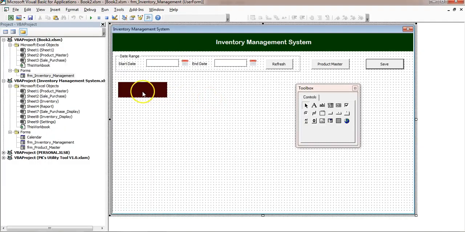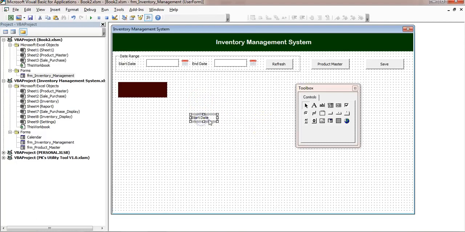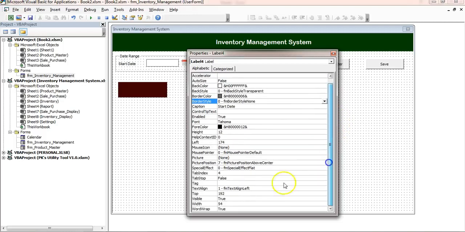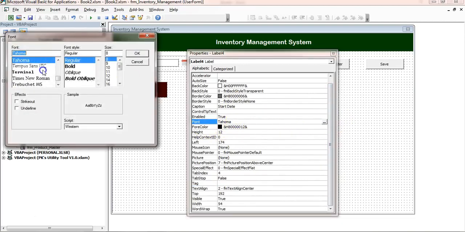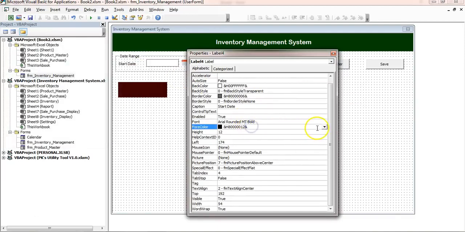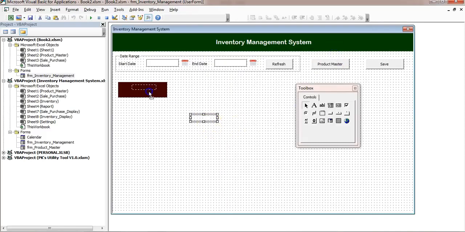Alright, so now we can put some label here. Let's take a label, or you can copy this here also. Just copy and paste this here. Right click, go to the properties, we will change the font and the text align as center. Double click here and the font. So just go to the font. Let's say here I'm taking Arial Rounded MT Bold around 14 or 12 size, and the fore color I will take white because we have dark background, and just move this here.